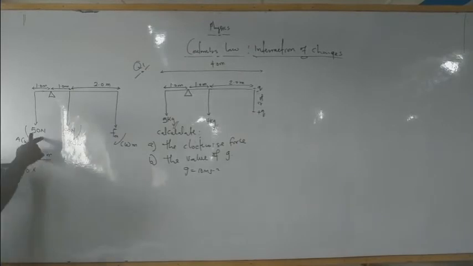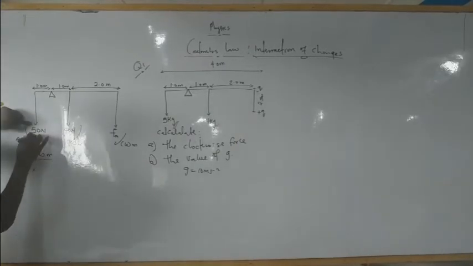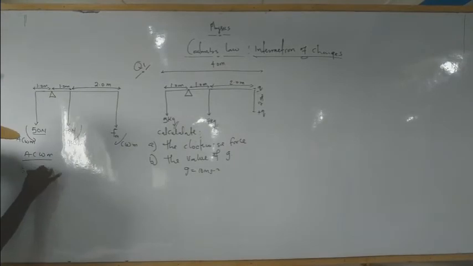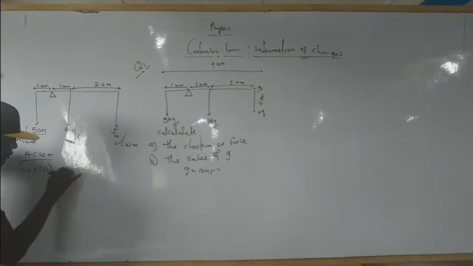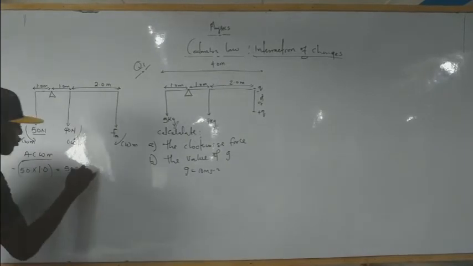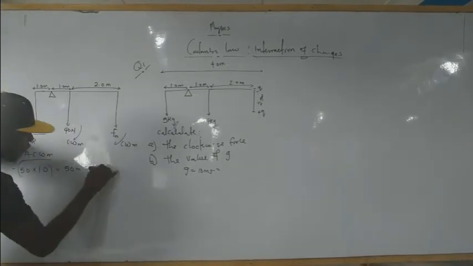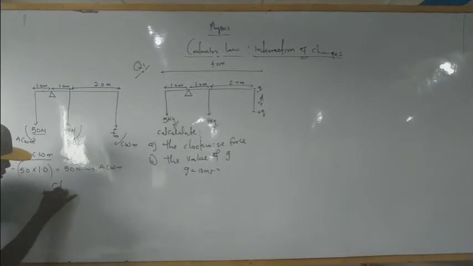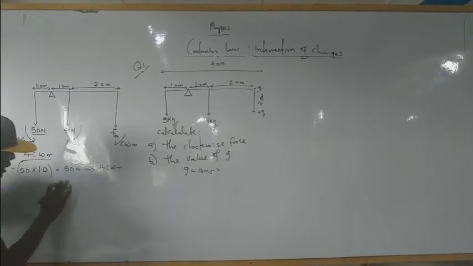50 times the distance from there to the pivot, that would be 1.0. Okay, and that will give us 50 newton-meter. Okay, that's for the clockwise? No, that's for the anti-clockwise moment. So for the clockwise moment,